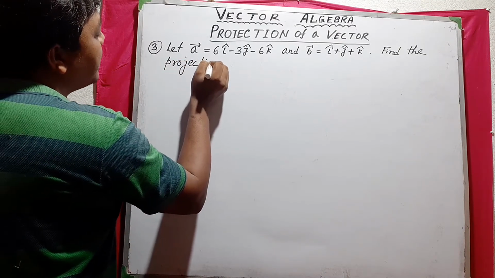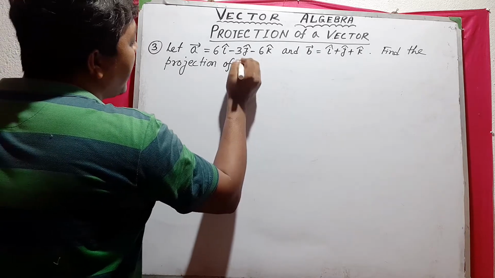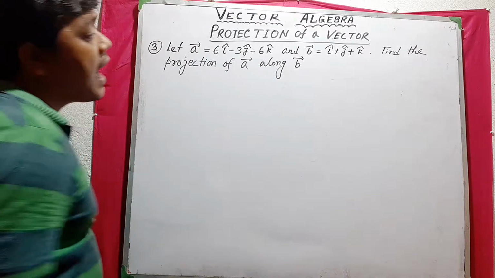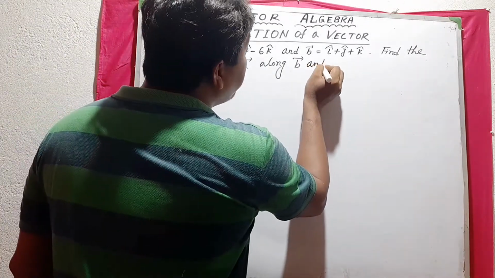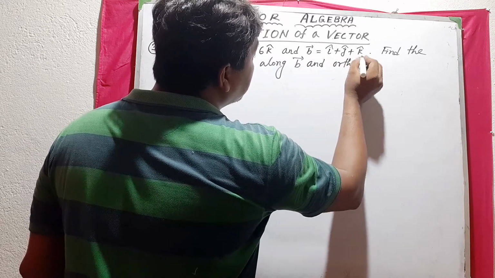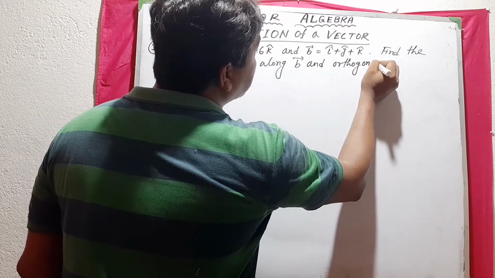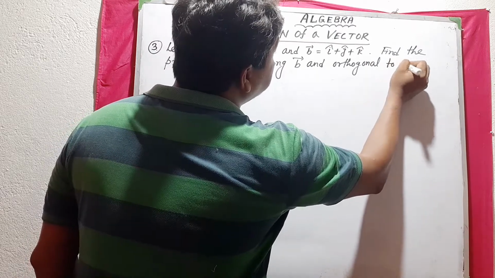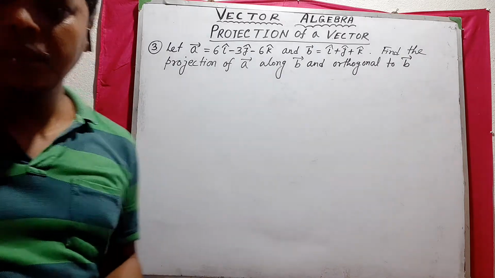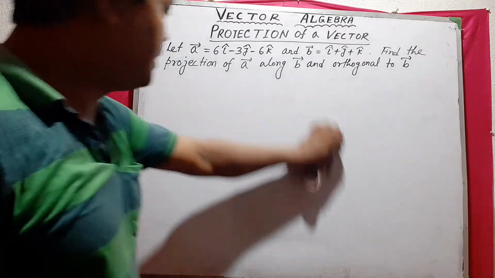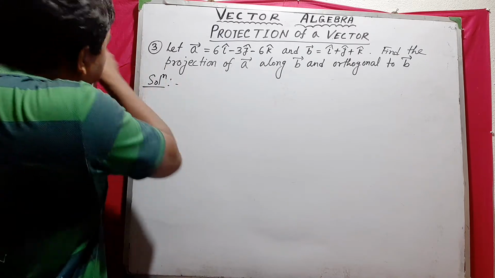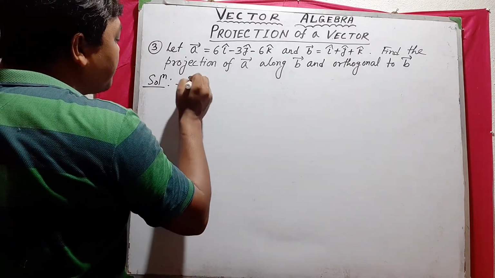Projection of a along b vector and perpendicular or orthogonal to b vector. Clear? So solution কী আমরা জানি,